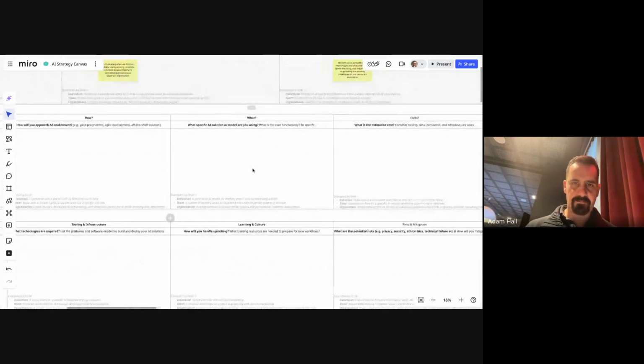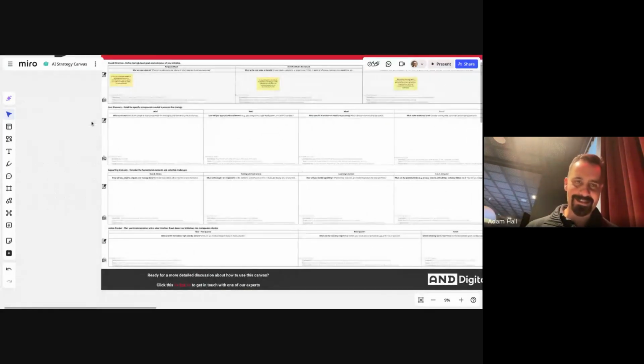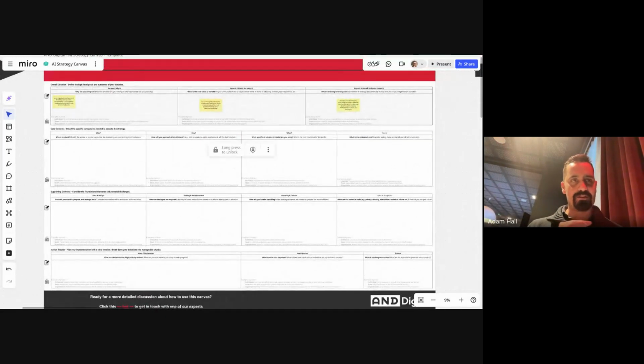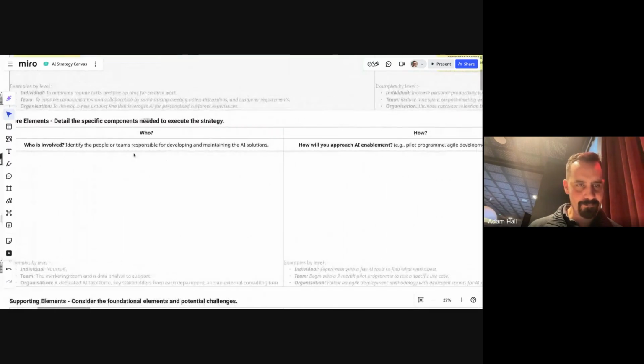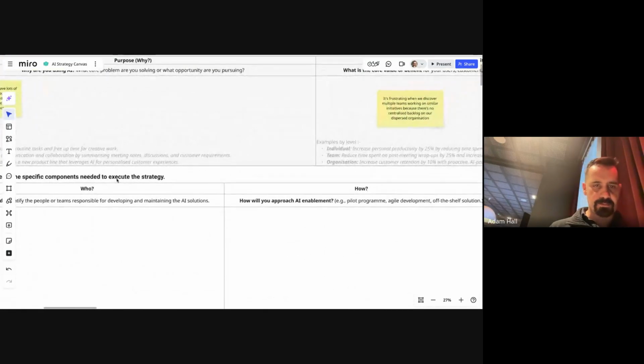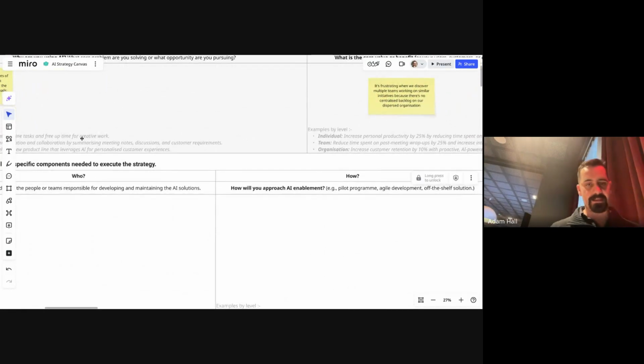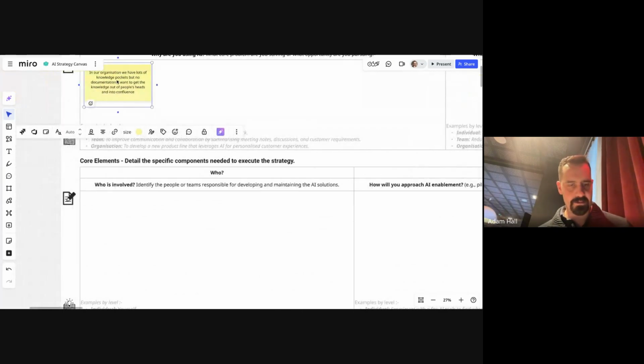Okay, that was fairly easy to do, and as Stuart said, if you can do the top row, then there's success there. But I'm going to try and focus on the next row. So who? Identify the people or teams responsible for developing and maintaining the AI solutions.